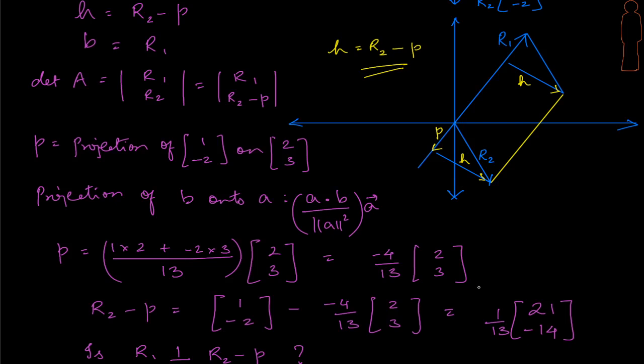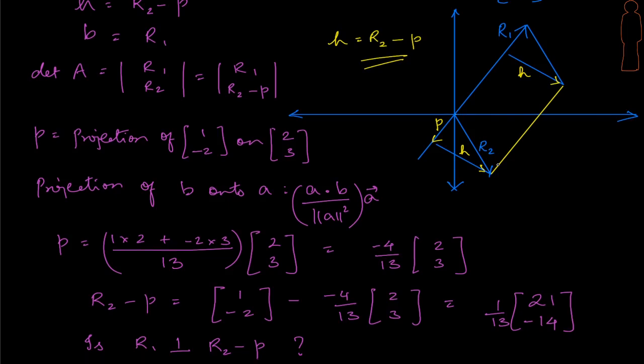Okay. R2 minus P is what we want, because we want to replace the second row by that to find the determinant. R2 minus P, this is my R2 minus this, I get this final result. Let me place these two in row 1 and 2 and find the determinant, and also figure out what's the determinant of my original matrix and check whether that's the same or not, and really see whether that's the same as the area here, right? So many things to verify.